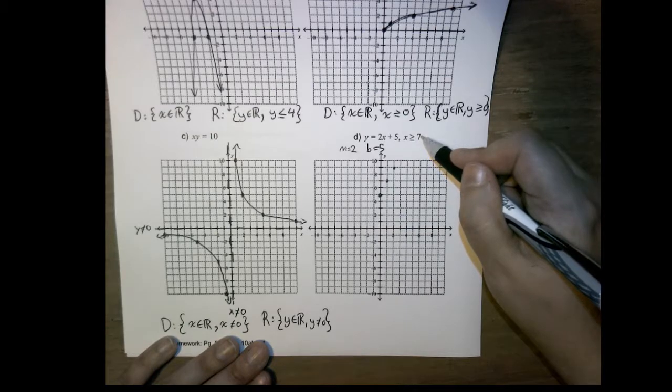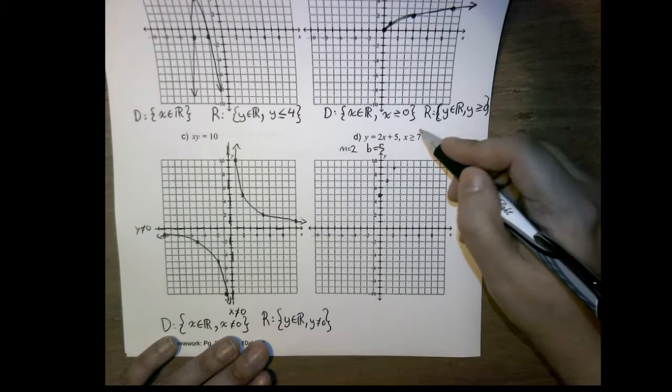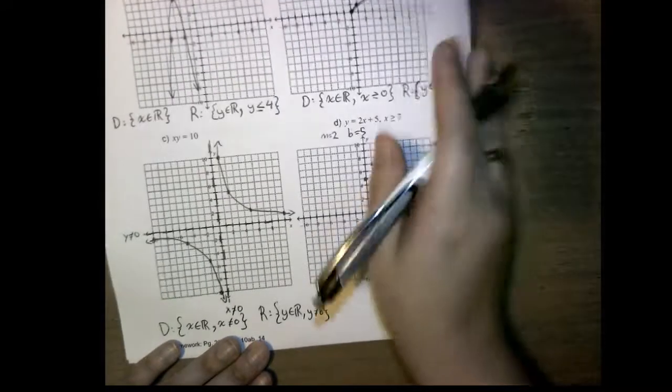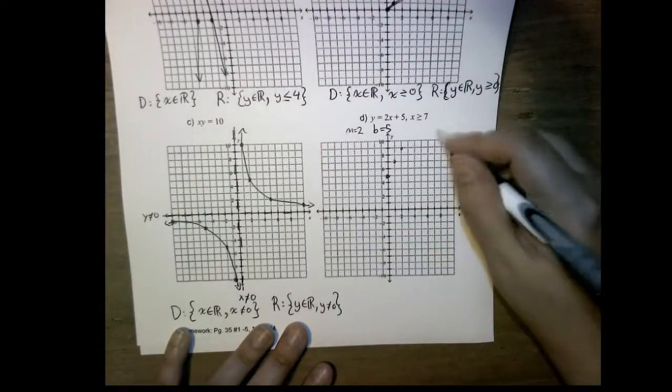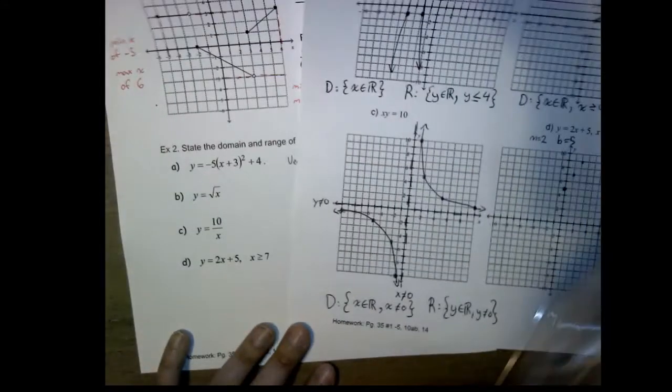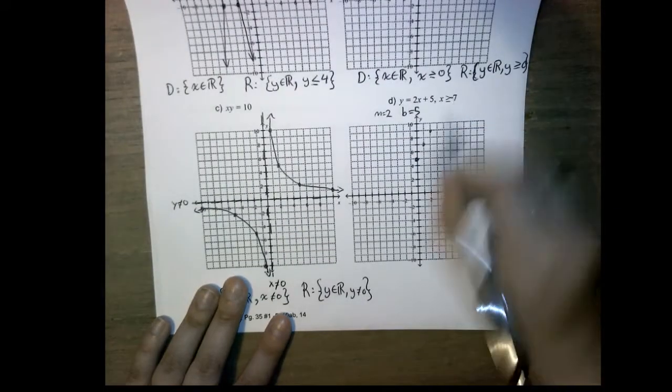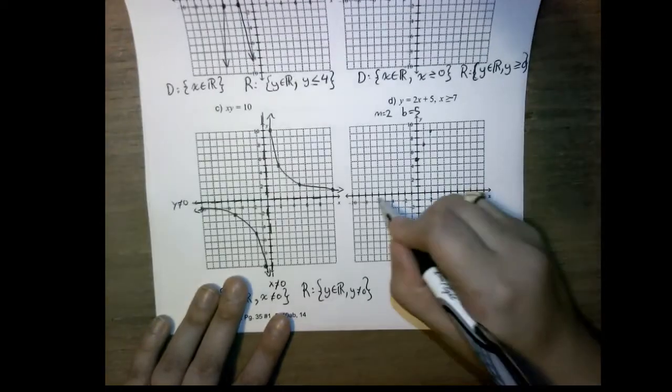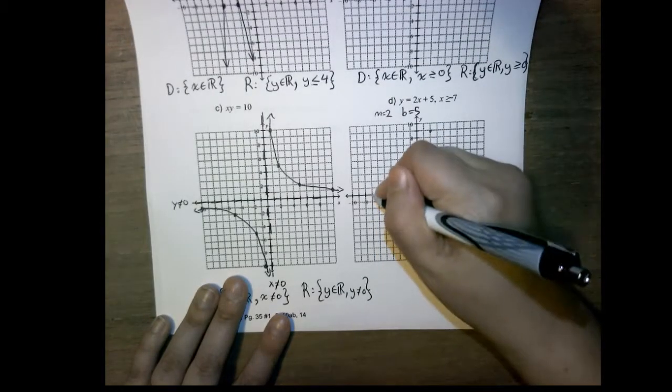X has to be bigger than 7? Okay, did I write that properly? X has to be bigger than 7? I guess so. So if x has to be bigger than 7, it's not actually going to appear on my graph. So let's just change the number a little bit. Let's make it x is -7 over here, just so that I can show you on my graph what that looks like. So x has to be bigger than -7. So if x is -7 over here,